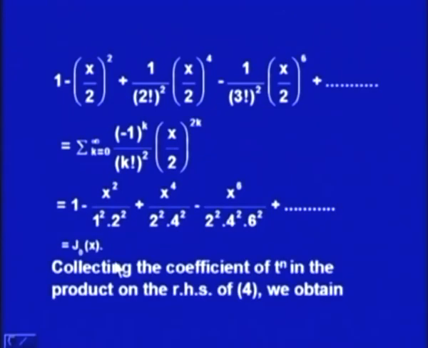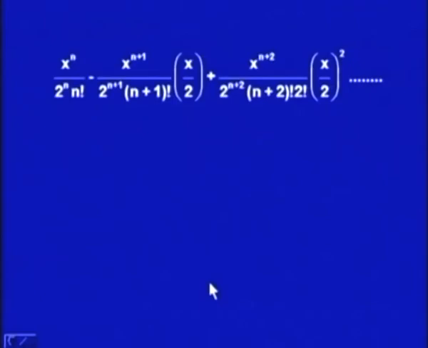So, the coefficient of t to the power 0 is nothing but J0(x). Now, let us collect the coefficient of t to the power n in the product on the right hand side of 4. That means in the first series we will multiply the term that contains t to the power n by 1,